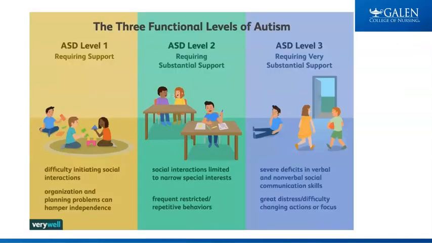We did look at a few different levels of autism. Level 1 requires the least amount of support, with level 3 requiring the most amount of support. Level 3, we could see nonverbal, some of our severe deficits. So what our outcome would be for someone with level 3 is going to be much different than our outcomes for someone with level 1.